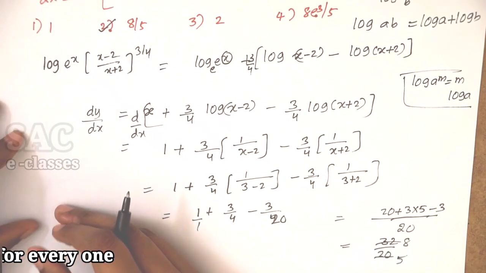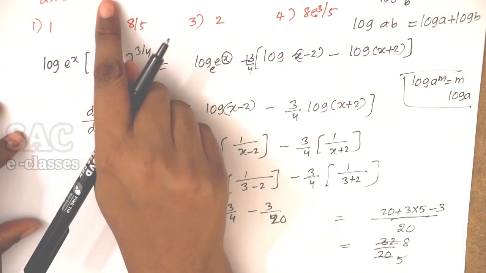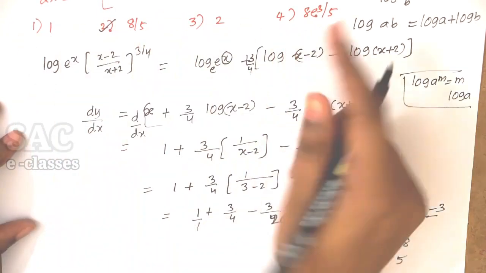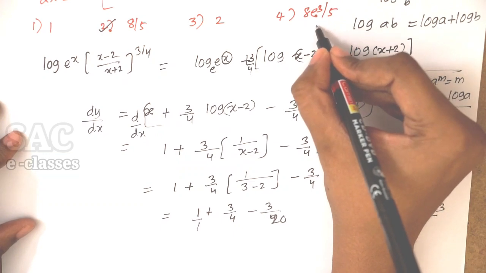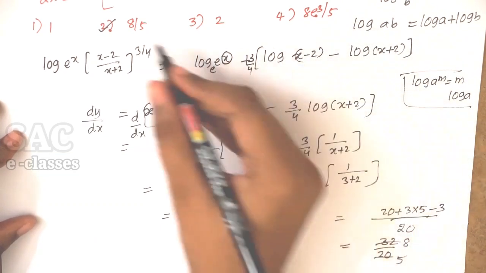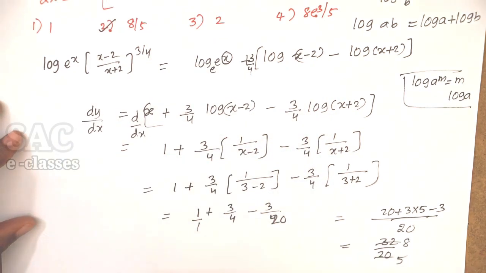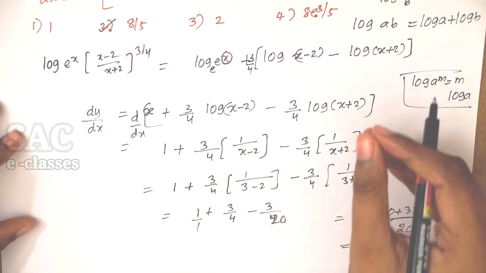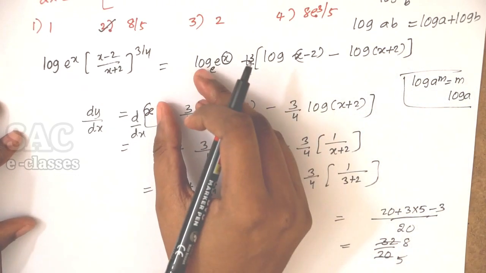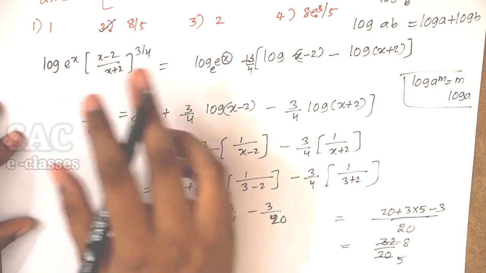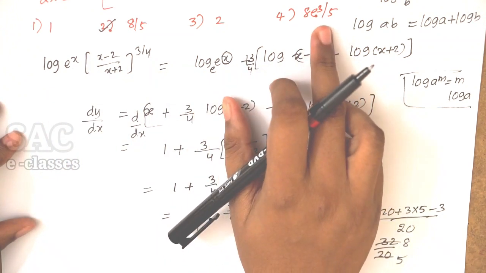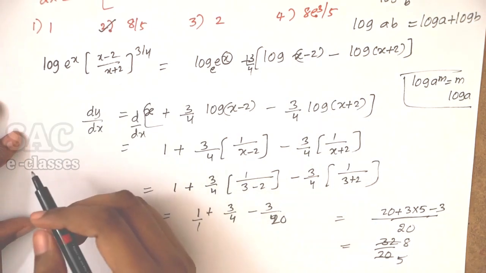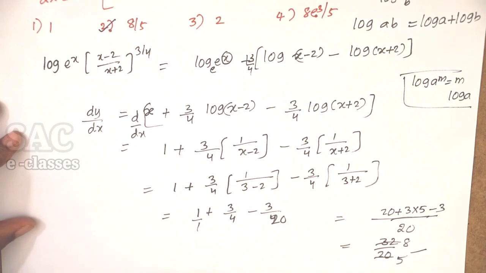But by seeing this option, most of you will believe that e power x is there, so the answer may be in terms of e. Only this option is there in terms of e. You will try to keep this one, but actually e will be eliminated. So every time, depending only on elimination will not give you the answer. Sometimes there is a logic also, or maybe to make you confused, they will give the options in that manner. So choose the options in a wise manner, and you will get the answer. 8 by 5 is the answer.